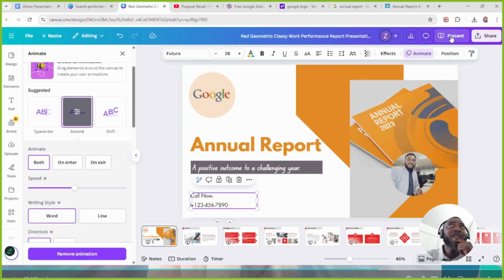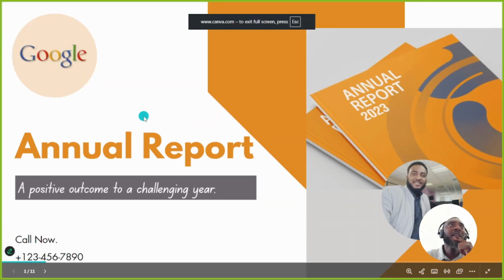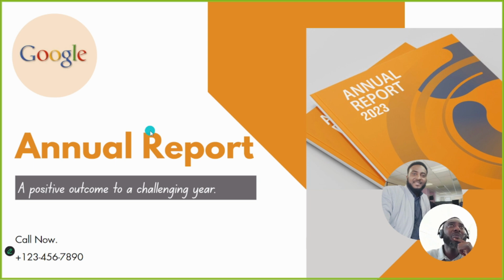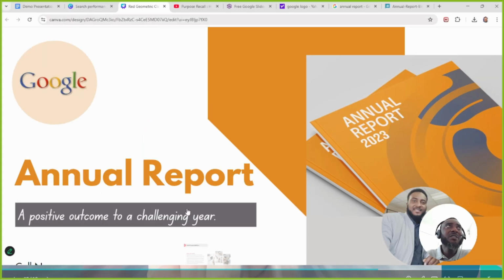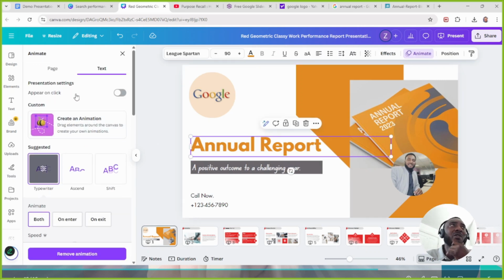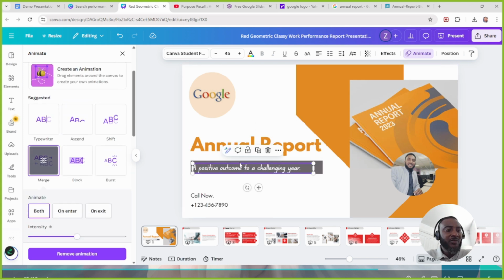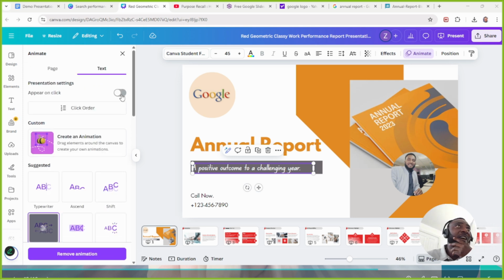If I present this, it will give me an opportunity to just click and then those effects happen. The reason why it didn't happen at this point is because I have not specified that when I say annual report, it should come in appear on click. So if I click on this, it will appear on click. A positive outcome to a challenging year. If I just specify that it should appear on click,